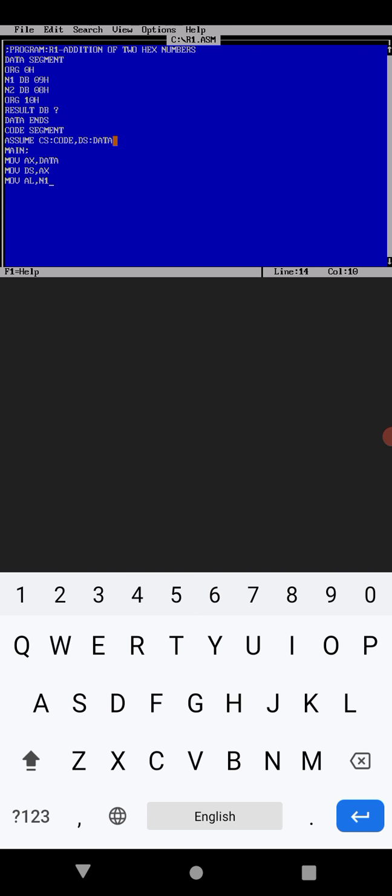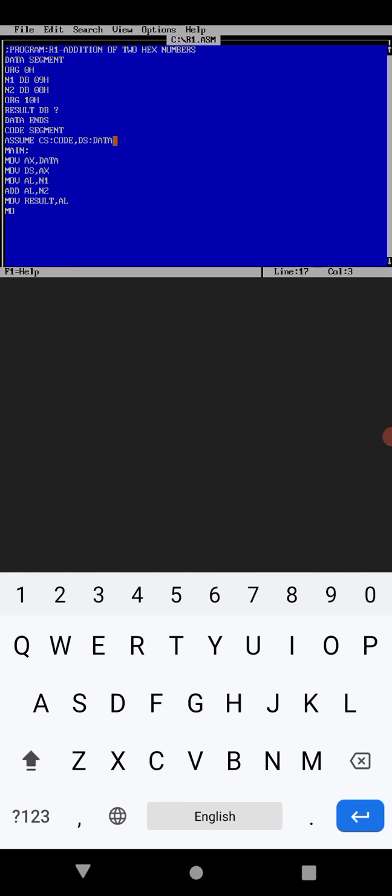Then add al comma n2, so the second data will be added to AL. Already n1 data 09 hex is in AL, then the second data 08 hex is added to AL, so the addition is performed. After addition, the result will be in AL, so move result comma al.